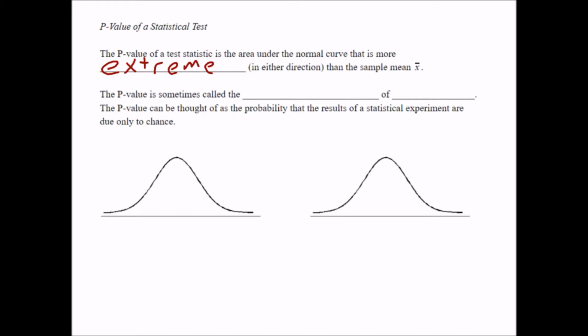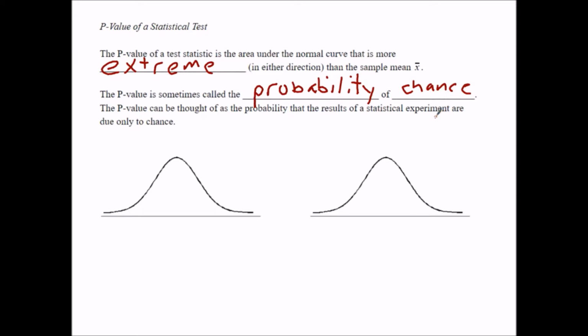I think throughout this section we're going to be using x bar. The p-value is sometimes called the probability of chance. The p-value can be thought of as the probability that the results of a statistical experiment are due only to